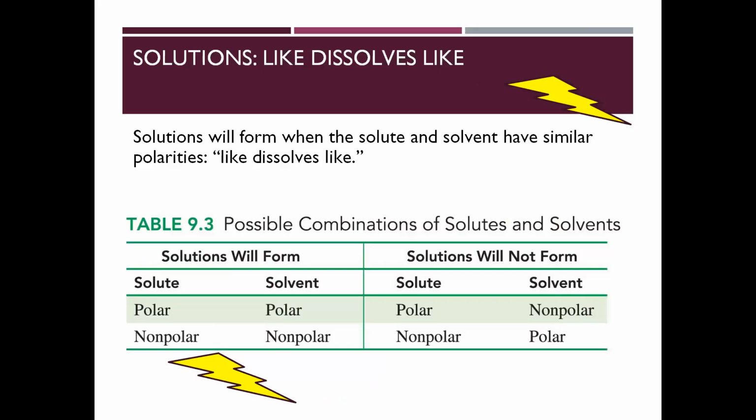So when we discuss solutions, like dissolves like. Polar molecules are going to dissolve in other polar molecules. Non-polar molecules will dissolve in non-polar molecules, and they create these different combinations, if you will. So solutions that will form are, again, polar and polar. You'll have a polar solute and a polar solvent, and they'll come together. Same thing if you had a non-polar solute and a non-polar solvent. They will come together. But they won't form if they're not like and like. That just doesn't happen. So this is a very important thing, again, from a biology perspective.